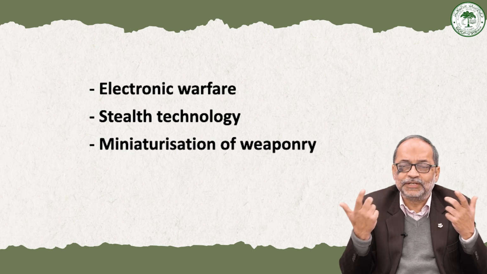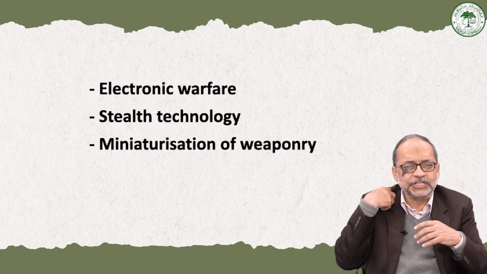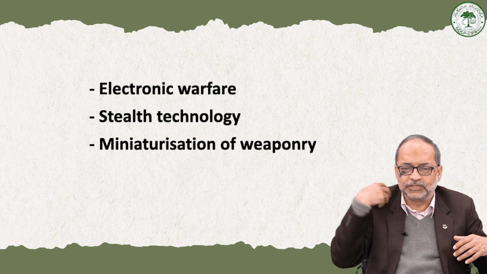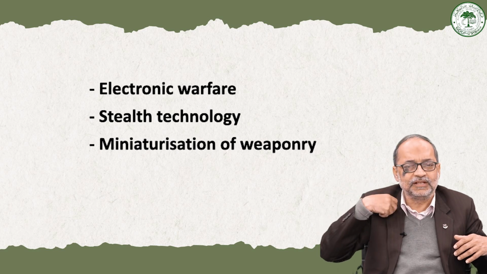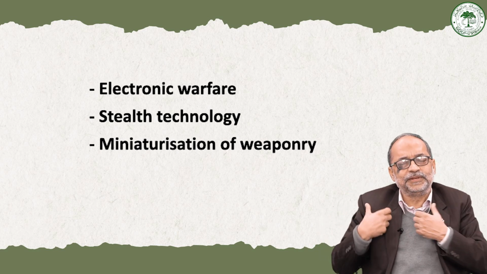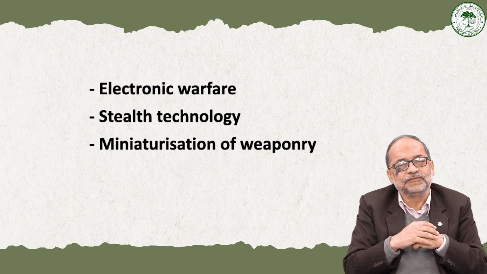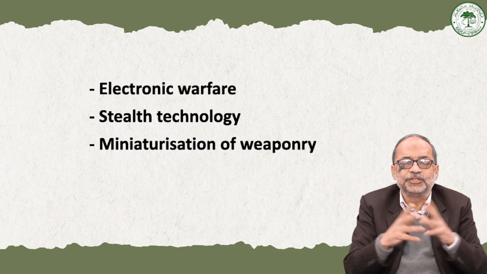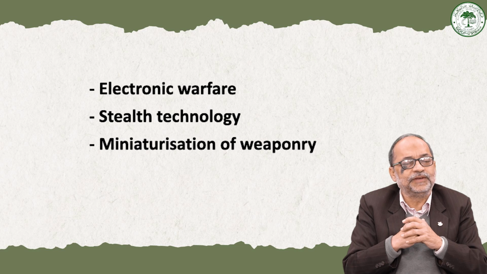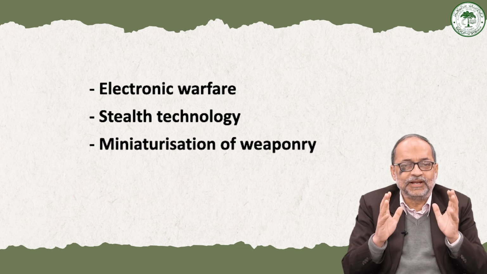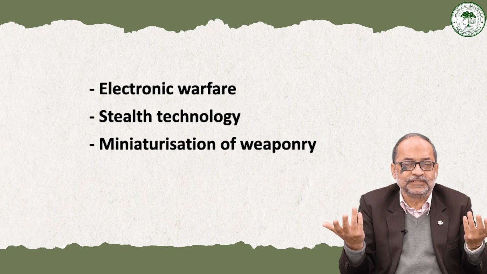So they were able to inflict very heavy damage on the Soviets because these Stinger missiles can be fired from the shoulder, they can be moved from one place to another very easily, and these very inexpensive missiles can be used to bring down a jet fighter, which is so very expensive, or a helicopter gunship, which is so very expensive. So that was very good for the Americans, that they were able to inflict very serious damage on the adversary.